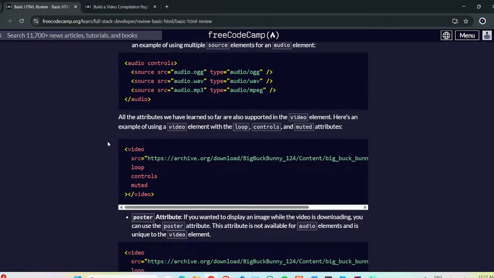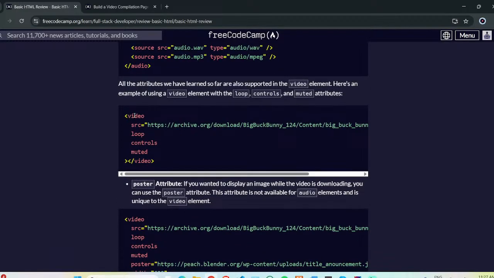Okay, so we are back. Same goes for the video. Inside the video, as we can see, there is a source here. This basically specifies from where we are embedding the video. There is a loop button. There are controls to play back the video, to stop the video. There is also a muted button,